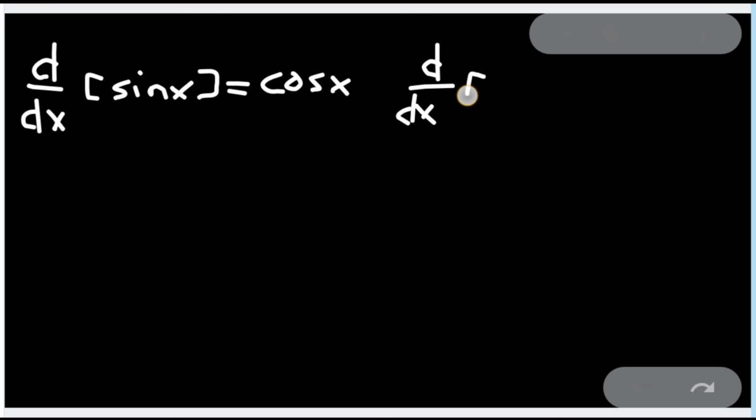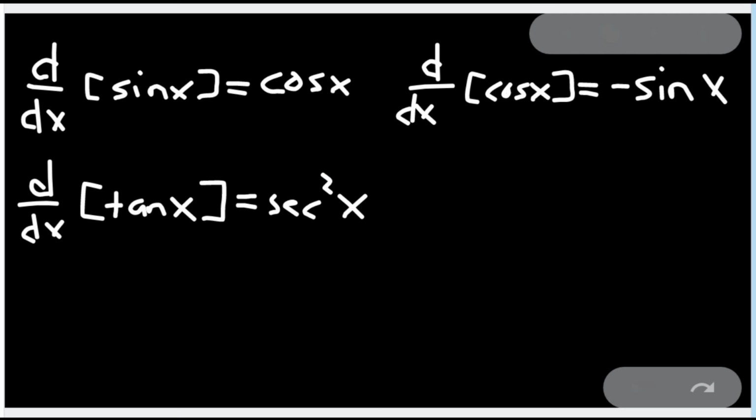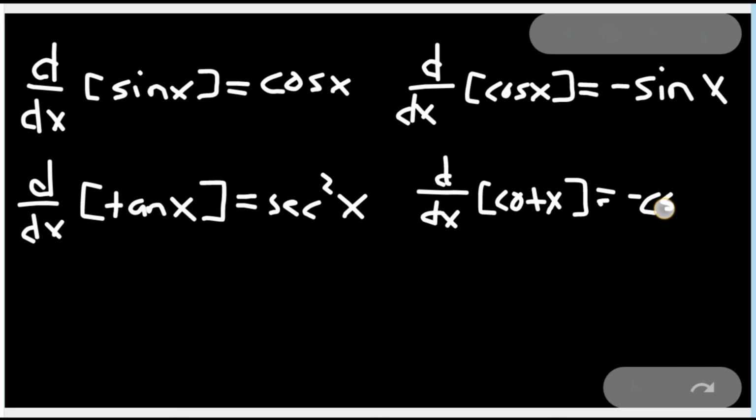The derivative of sine x is equal to cosine x, and the derivative of cosine x is equal to negative sine x. Now, the derivative of tan x is equal to secant squared x, and the derivative of cotangent x is equal to negative cosecant squared x, and the derivative of secant x, let's say we have this,